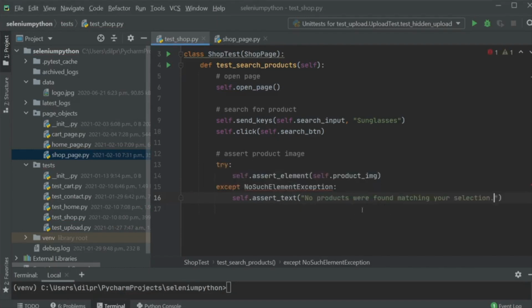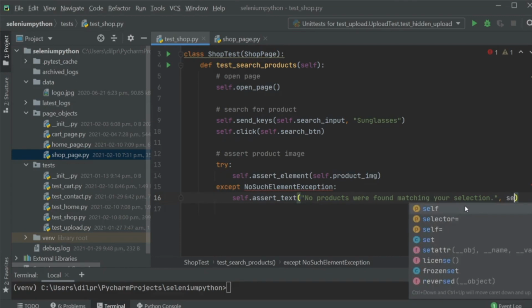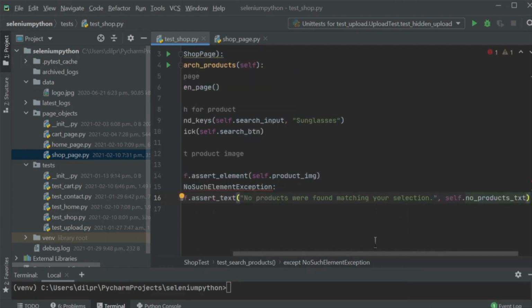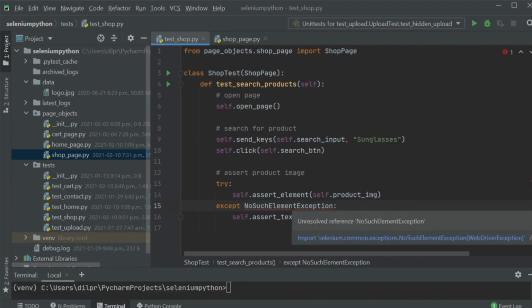So this is the text, which is "no products were found matching a selection." And then I'm going to add in my actual selector. My selector, I have already added that before as well, which is no products text. If I hover over this, you can see that it's telling me that there's an unresolved reference for